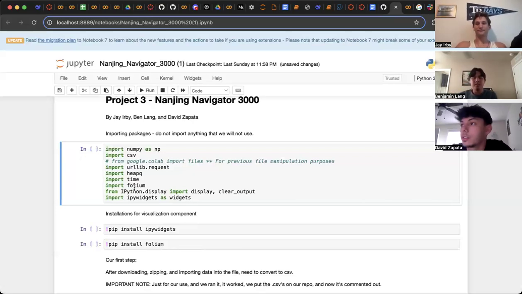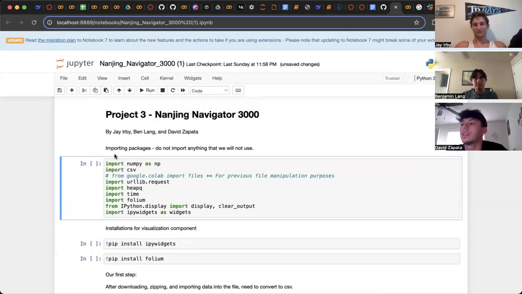Right, so this is project three, the Nanjing Navigator 3000. It's me, David, Jay, and Benjamin. For this project, basically what we're doing is we're comparing two different algorithms, A star and Dijkstra's, and we're getting a source node and a destination node, and the whole motivation would be to find the most efficient and quick